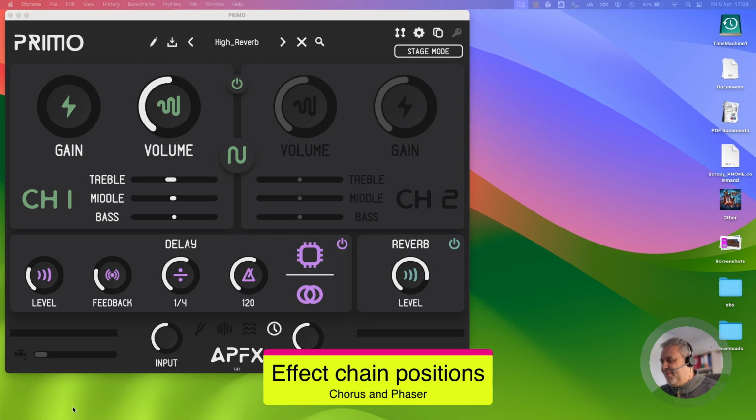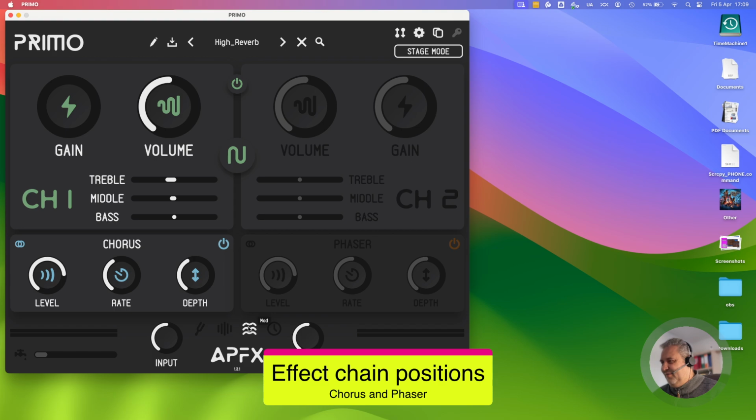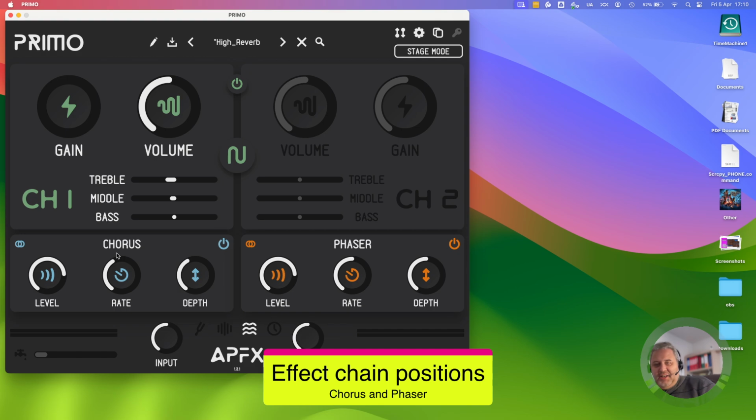But there are some things that are really funny. I didn't notice it in the beginning, but I used it later. That is something I really appreciated. You may see I am on the page where phaser and chorus are present. Something I didn't notice, and you may have not noticed, and was explained to me by the developers, is that there